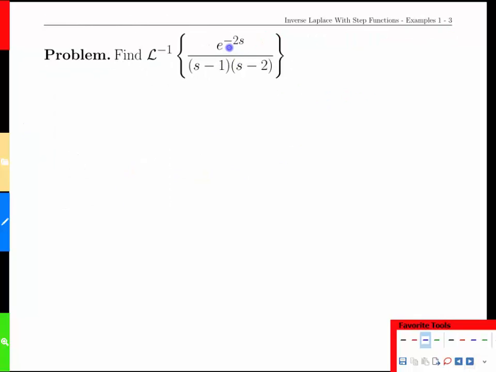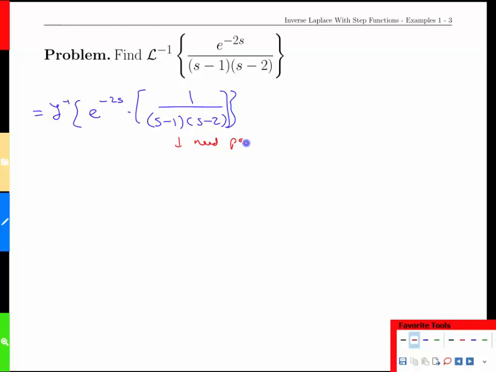In a similar vein, if we took the inverse transform here, let's break it out into the e to the negative 2s times the rest of it. With this particular example, to find the inverse of this portion here, we need to use partial fractions. So if we break that part of the problem out, we have 1 over s minus 1 times s minus 2 on the denominator,